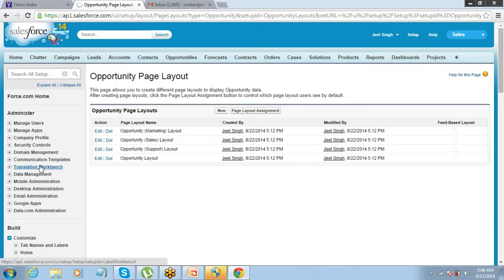Okay, so there are two things. When you have the list of page layouts for this object, because this is a standard object, we already have 1, 2, 3, 4 page layouts. And if you can see, marketing layout, sales layout, support layout. Okay, so you can give them different names and you can create multiple page layouts.